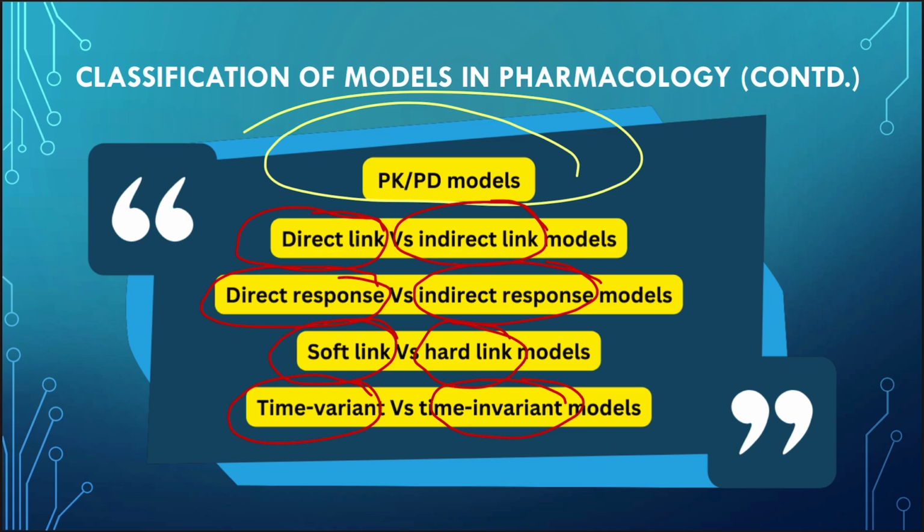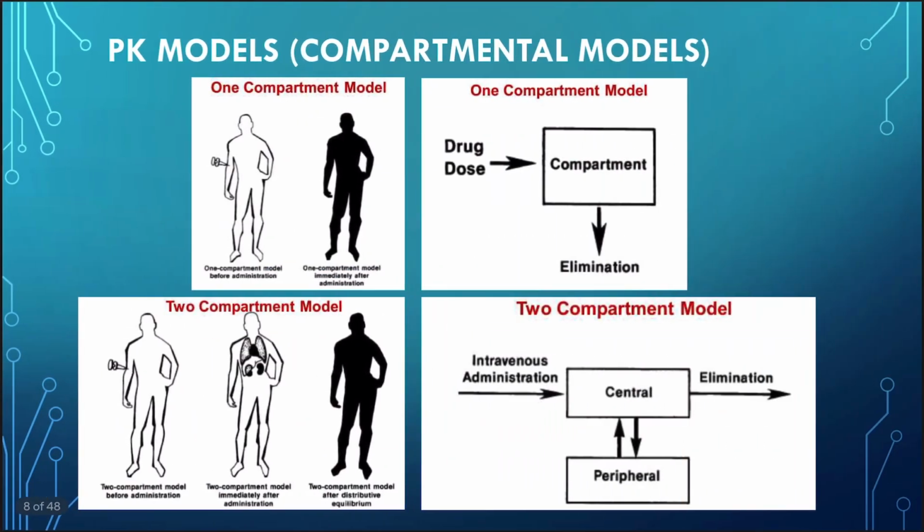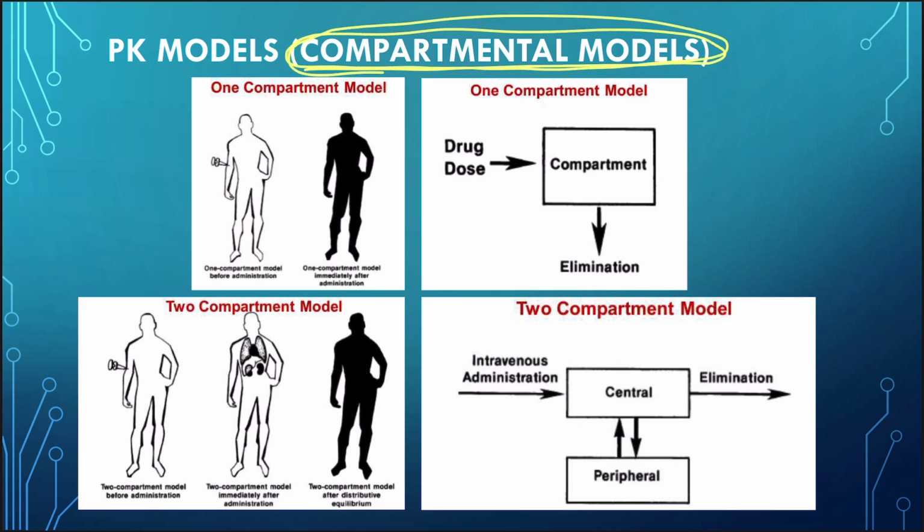So these are the different types of models which come under PK/PD models. Details I will be discussing in the upcoming slides. Now let's begin with the first one, that is the pharmacokinetic models. In pharmacokinetic models, first we have the compartmental model. The compartmental model is the most commonly used pharmacokinetic model, and under this the first one is